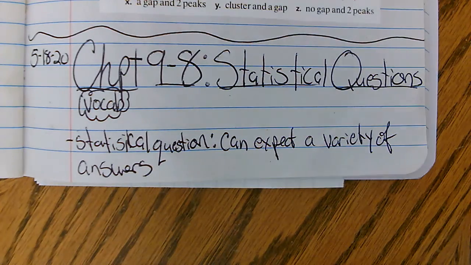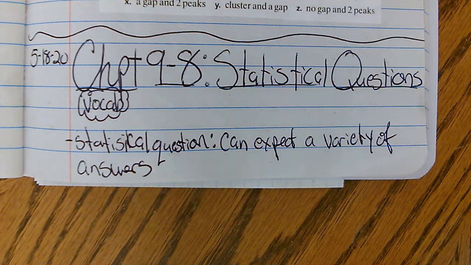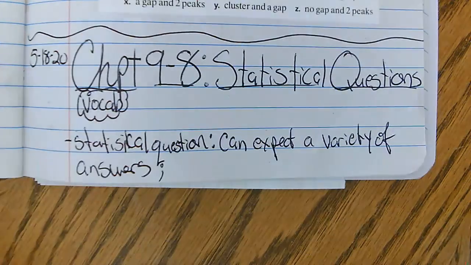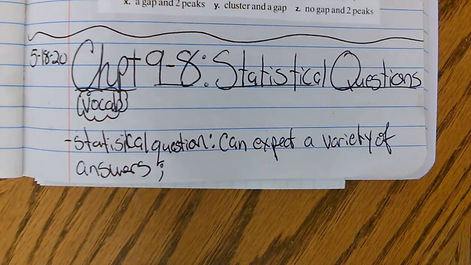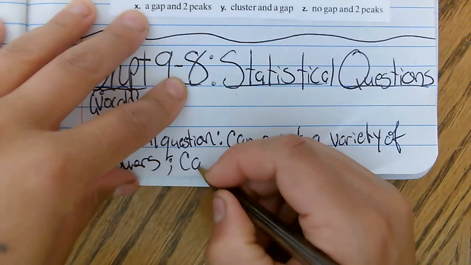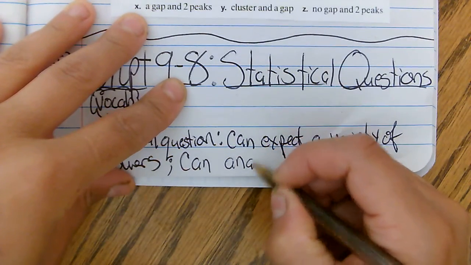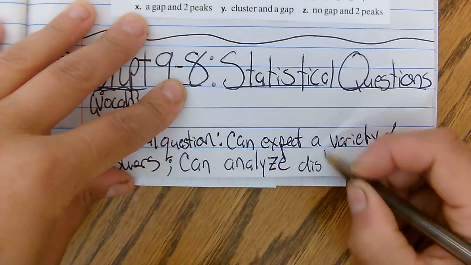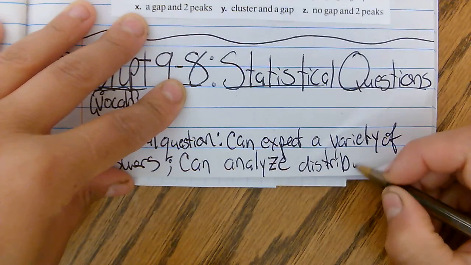Once you collect your variety of answers from a statistical question, you can then analyze how they're spread out, the distribution, like we did in the last section. If everybody tends to answer one way versus another, you can compare your different answers. So you can analyze the distribution,